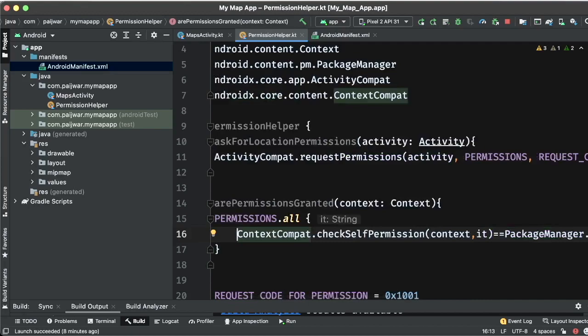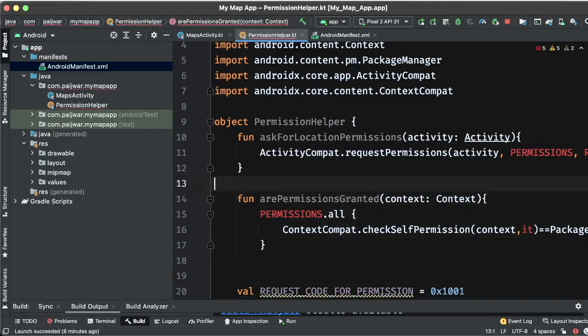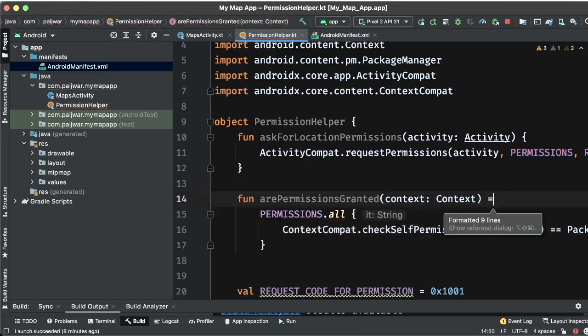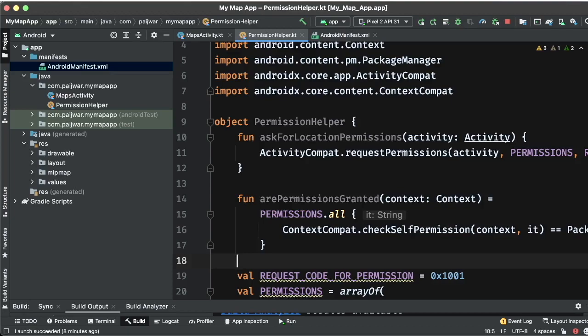If all the permissions are granted, then we can return it, I guess, because I can write it like this, and this will help us in checking whether permissions are granted or not.